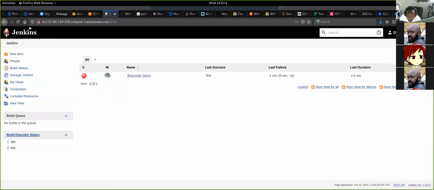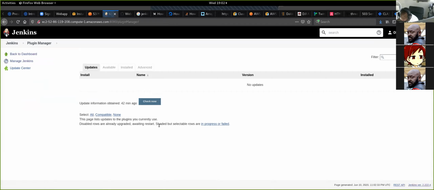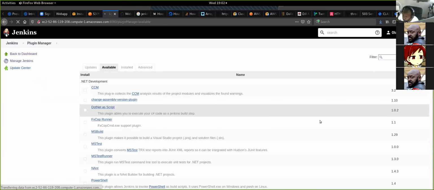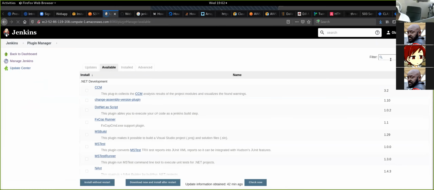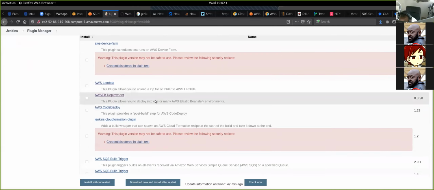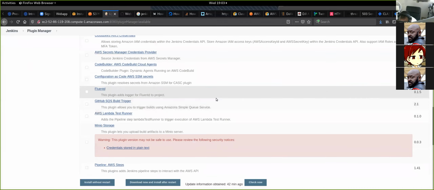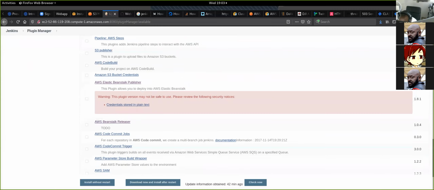So we come here to Jenkins. We're going to come to manage Jenkins, right? And we're going to manage plugins. And then we'll come to available. That's where we look for plugins that aren't yet installed. And you can search on the top right here, you can search for AWS, right? And so you can see the different plugins that we have. AWS deployment, AWS Lambda. What we're looking for is